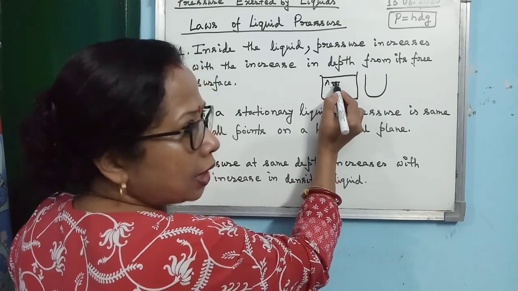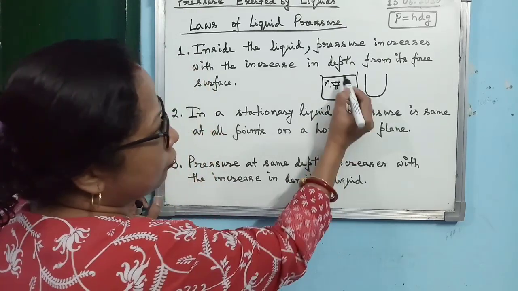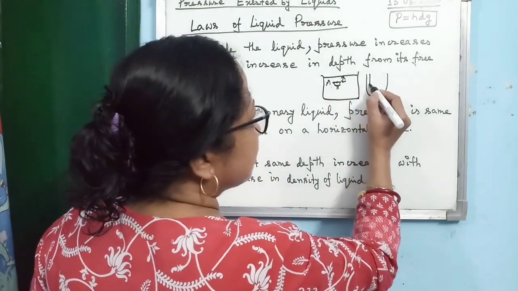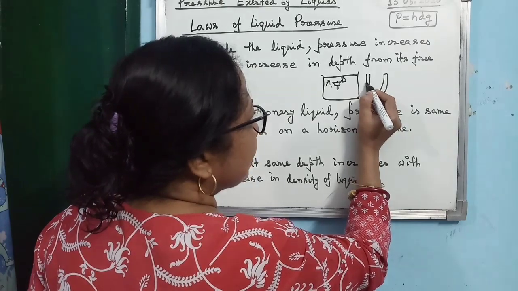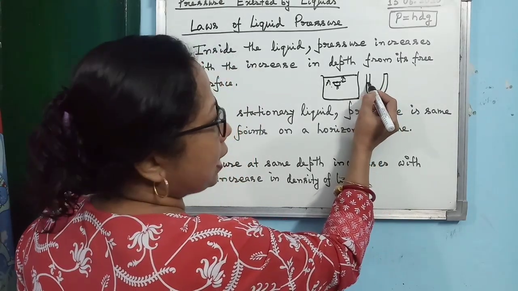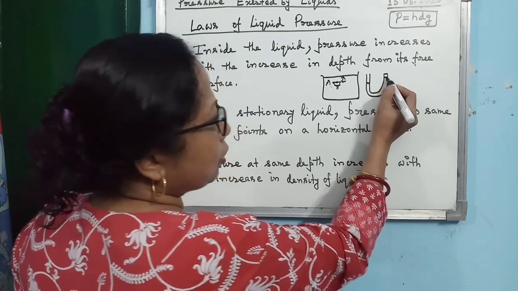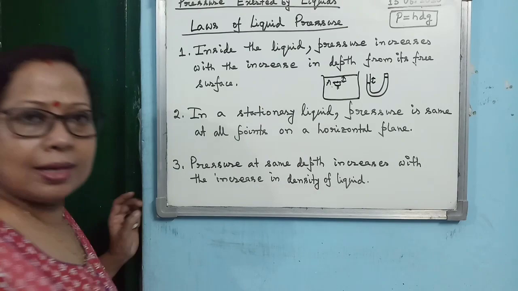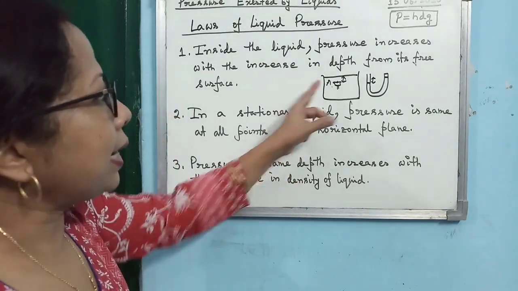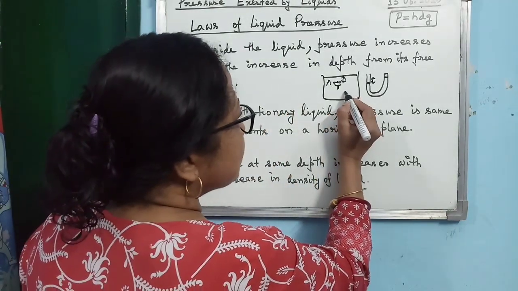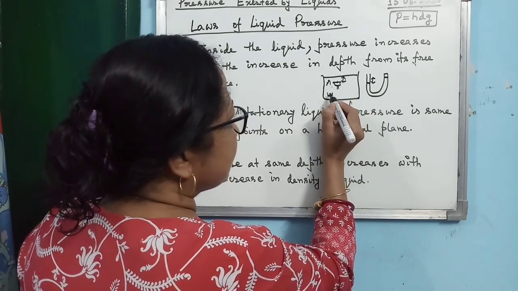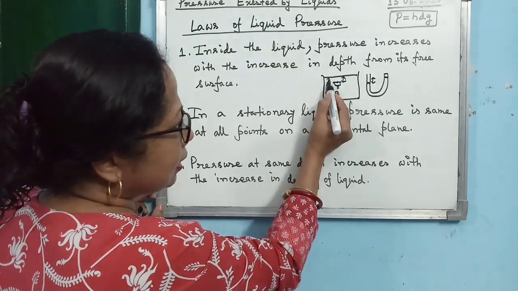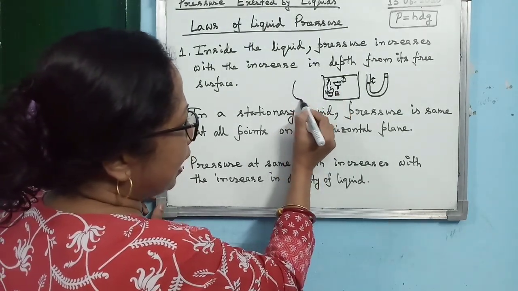As you have taken it down, this height of the liquid exerts pressure here. So what will you observe? You will observe that the liquid level on the left side will decrease, and the right side liquid level will increase. And the difference between them will be something. Is that clear? Second, what have you done? You have set the thistle funnel here. You see the point B I have taken here. So I have increased the depth H. Now I am drawing the diagram here.